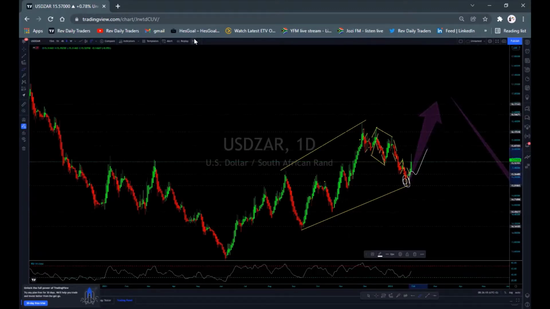So now we got this up move or rise there, okay? So we're expecting a downtrend, then an up move again, okay? So we'll be expecting a bigger correction on lower time frames, then we'll be expecting a buy on dollar rand,